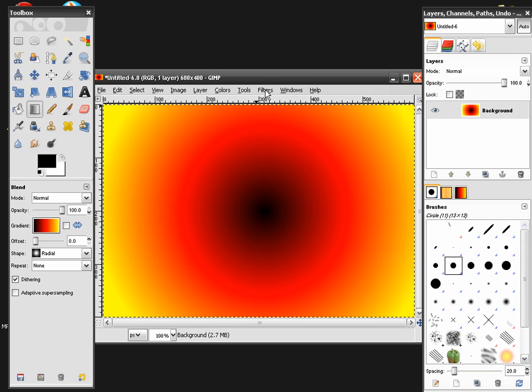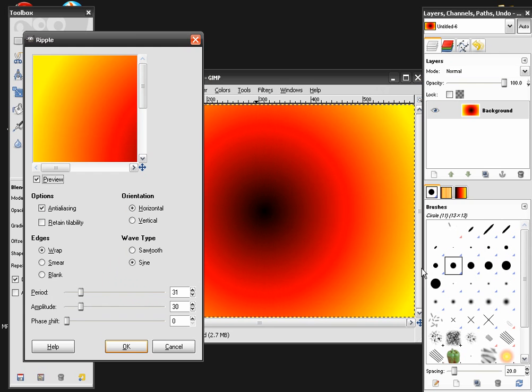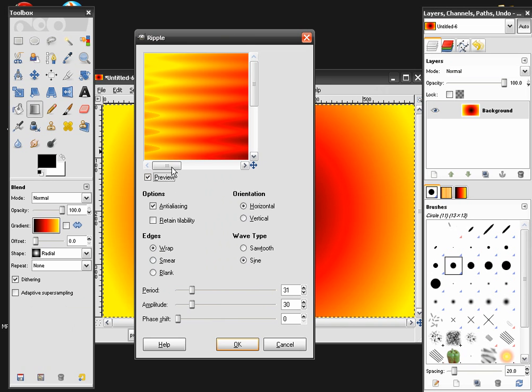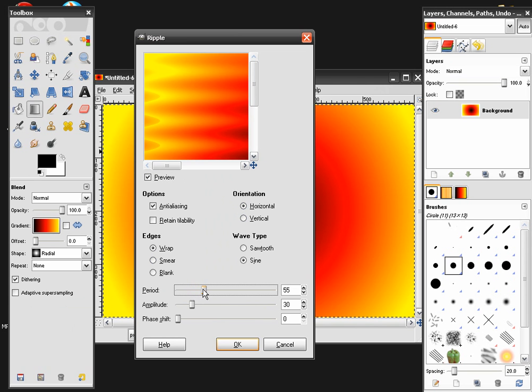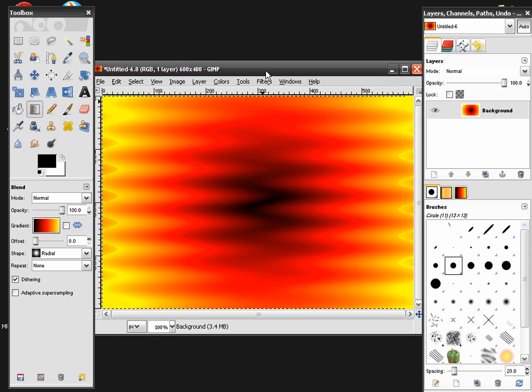After this, we're going to need to go to our filters, distorts, and ripple, and this is going to give us an effect that looks like triangular shapes on the left side of them. Just leave everything at normal, and make sure the period is set at 50. The amplitude is set at 30, and the phase shift is set at 0. Hit OK, and as you can see, you get a nice effect,